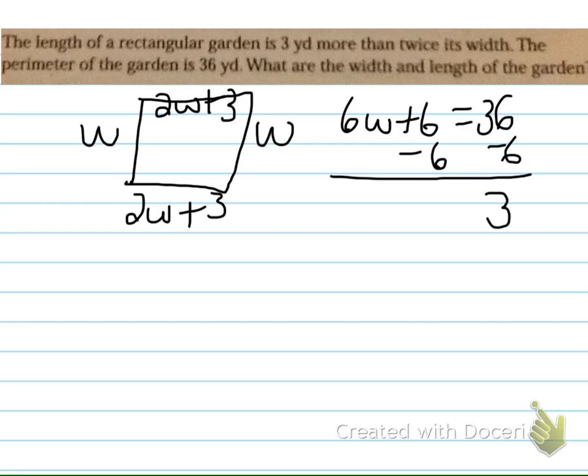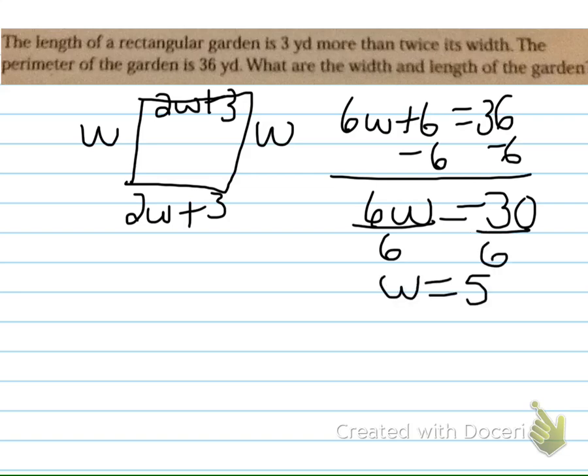And as you're watching this, I'm hoping you already had the problem done and you're finding what you did looks exactly like what I'm doing. And W is equal to 5. Now I have to do 5 times 2, because 2W, plus 3, which would give me an L of 13. And once again, I want to do a quick check, and to do that I need to make sure it adds up to 36. So I know that 2 lengths of 13 are 26, and 2 lengths of 5 are 10,